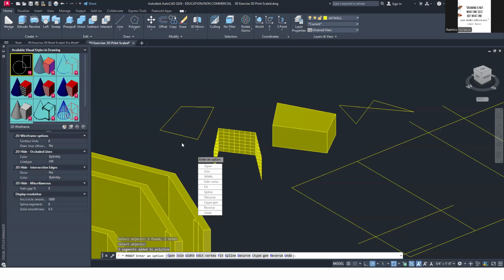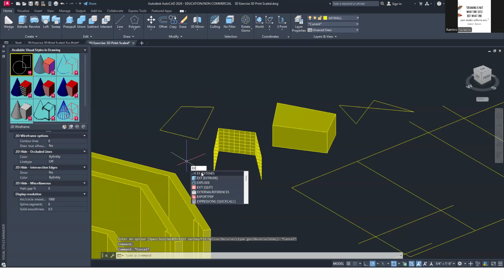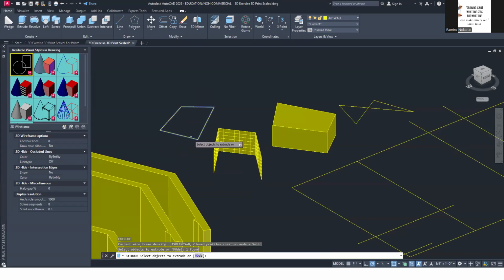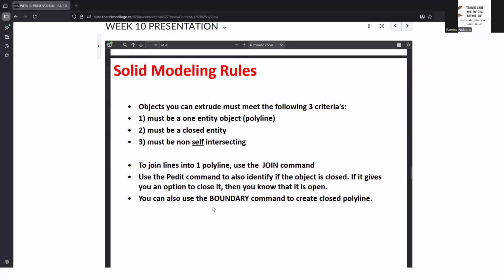The reason why I know it's closed is because it says here, do I want to open it? If it's asking me if I want to open it, that means it's a closed polyline. Then I can extrude that, and it creates a solid object.